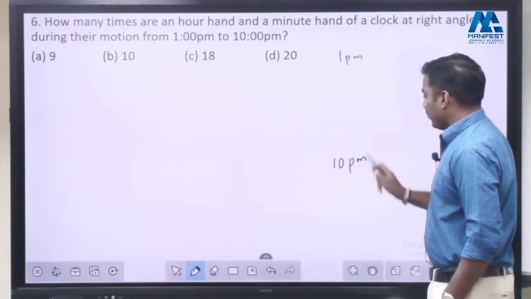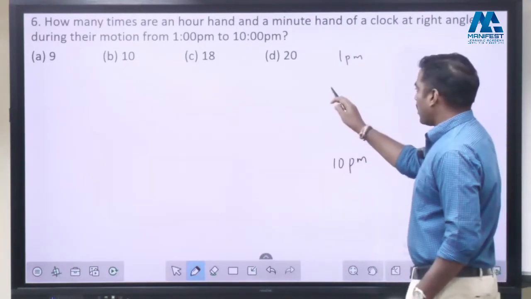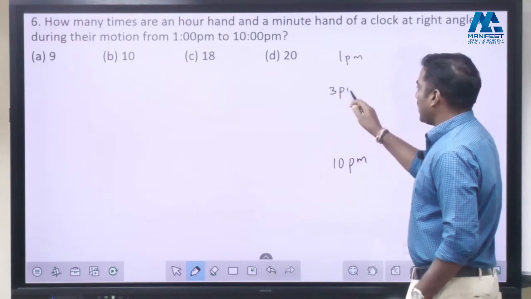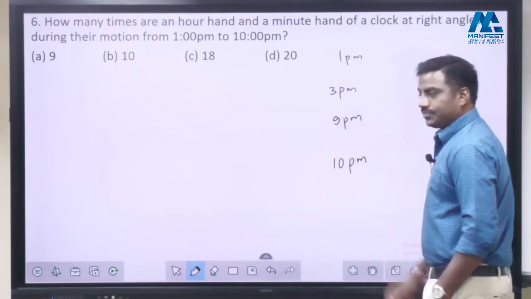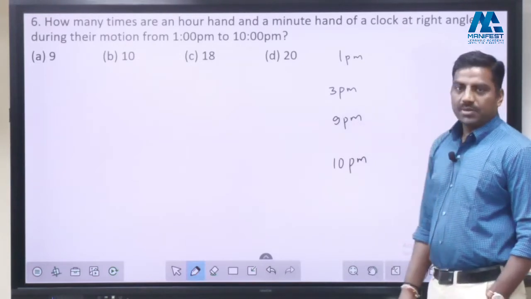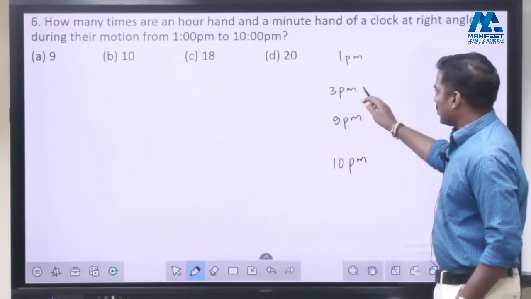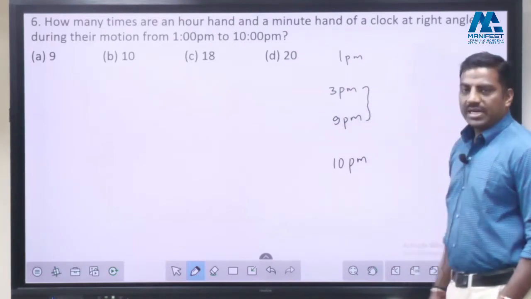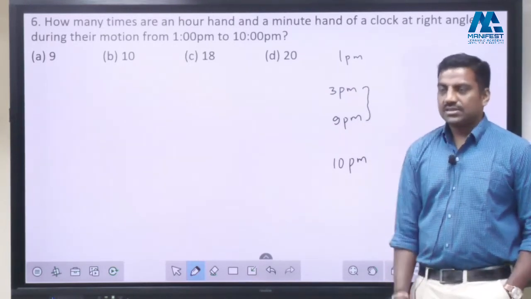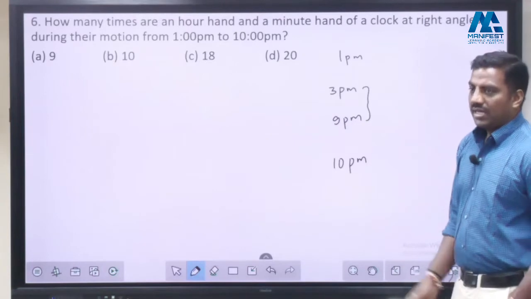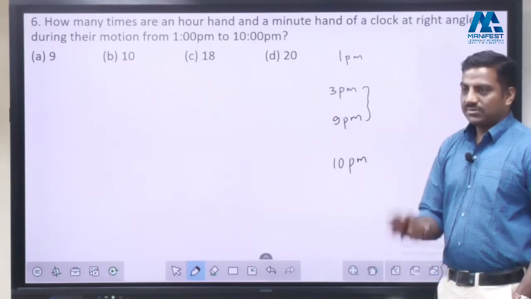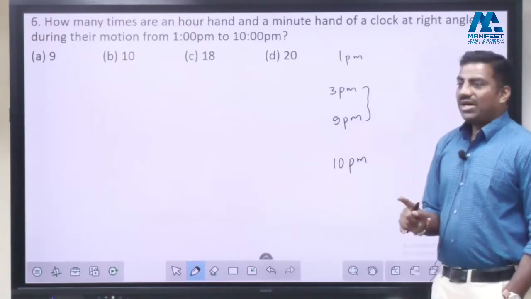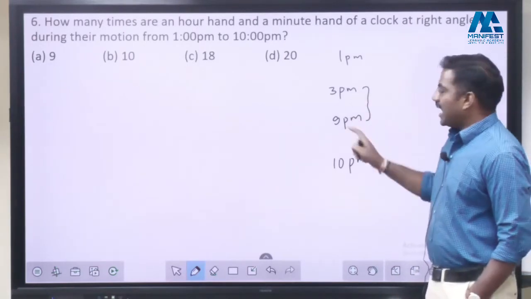But we know the number of counts from 3 p.m. to 9 p.m. So how many hours totally between 3 p.m. and 9 p.m.? 6 hours. Now tell me, in 6 hours, how many times they will have right angles? 11 times, correct? But if I ask you to count both 3 and 9,